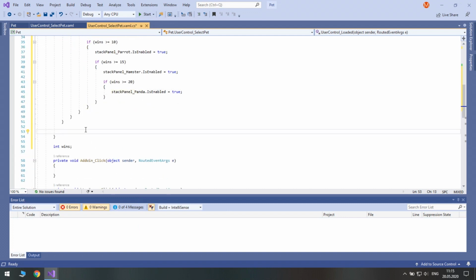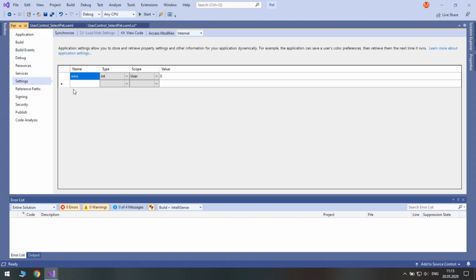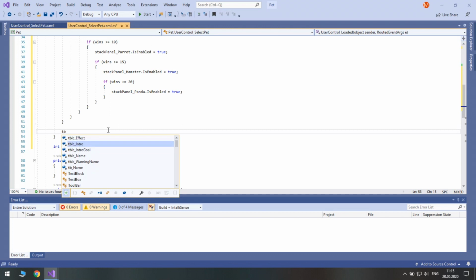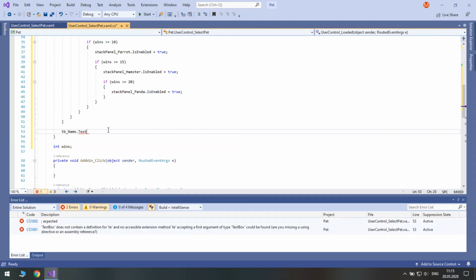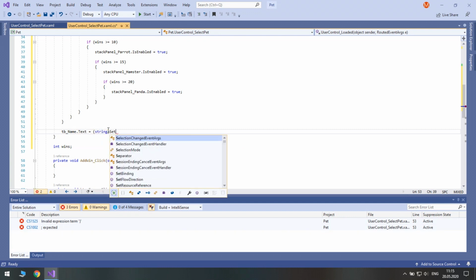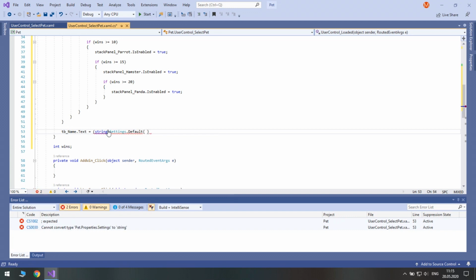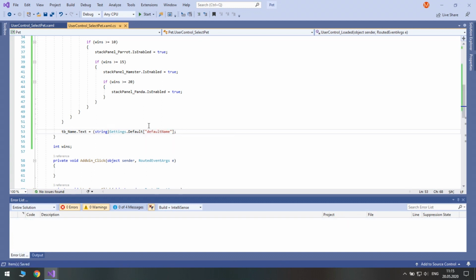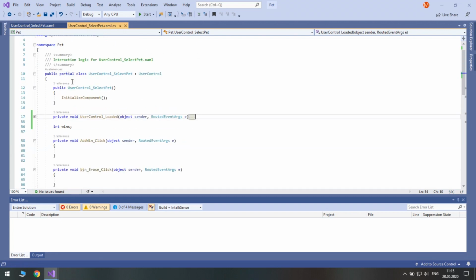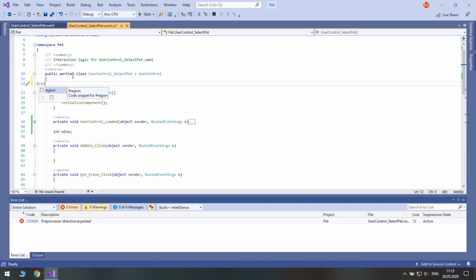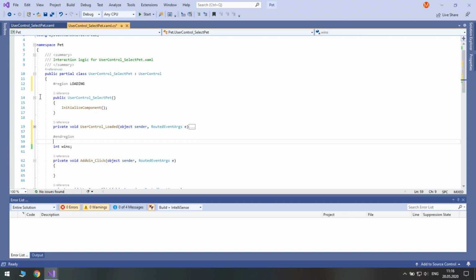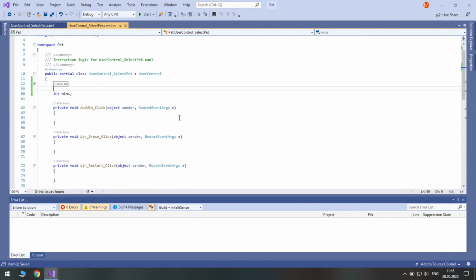We will add another setting called default name of type string. Let's make a region for the constructor and the loaded event. Let's create a region for variables.